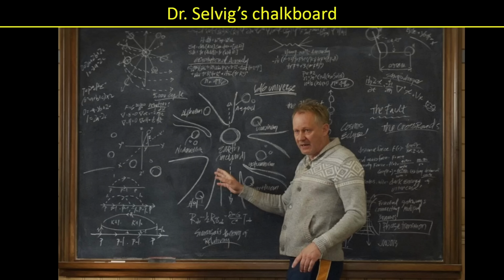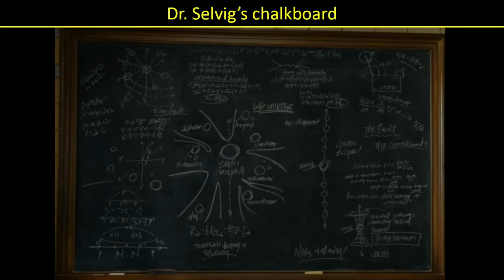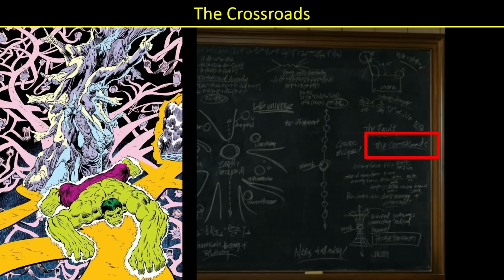All right, then we have Dr. Selvig's chalkboard, and oh my goodness, there's so much amazing stuff on this. So Dr. Selvig, if you can just kind of get out of the way. Awesome, thank you. So there's three things to talk about here. The first is the Crossroads. All right, so the Crossroads is not mentioned anywhere else in the MCU, so we're going to turn to the